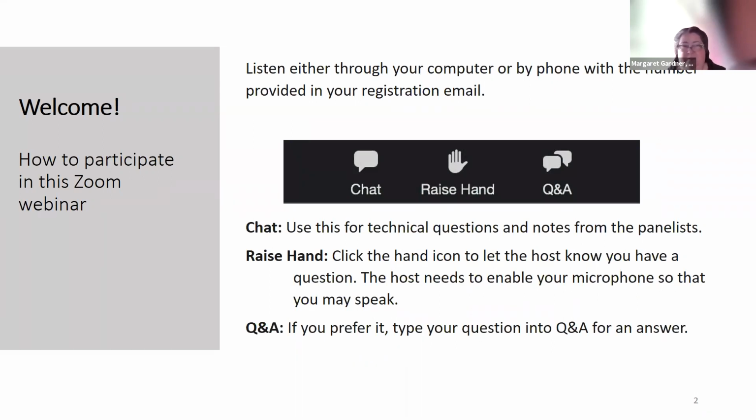But if you raise your hand, we can call on you, and that's very helpful to see that you're waiting with a question. Q&A is also a great tool in the Zoom interface. If you click there and type in a question, we'll read it out loud. We'll also tell you the answer, and we will try to keep up with typing in that answer as well as a response. I'll be helping out with that as Kara leads the presentation. So that is how we participate in Zoom. And if we can go to the next slide.